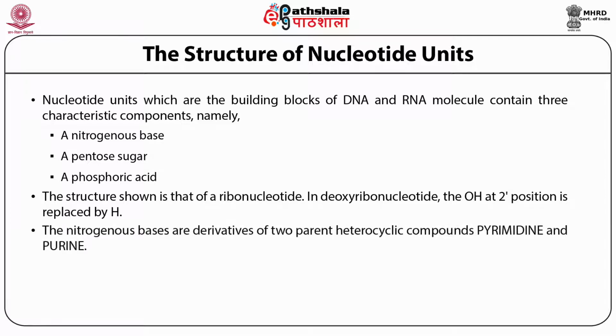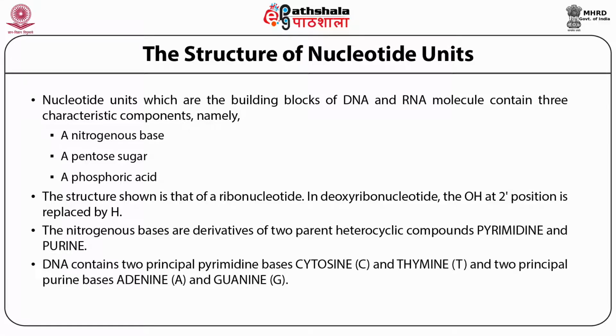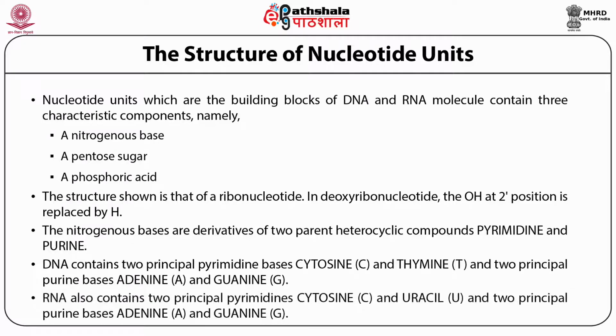The nitrogenous bases are derivatives of two parent heterocyclic compounds, pyrimidine and purine. DNA contains two principal pyrimidine bases, cytosine C and thymine T, and two principal purine bases, adenine A and guanine G. RNA also contains two principal pyrimidines, C and uracil U, and two principal purine bases, adenine A and guanine